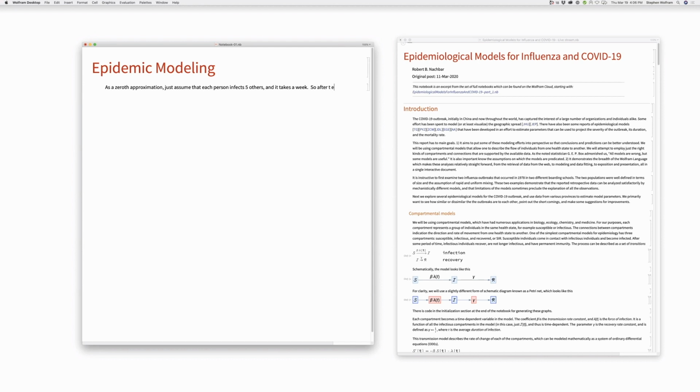So after T weeks, the number of infected people will be, and it's basically just 5 to the power T, right? No, I don't think so. Why not? We would start out with, well, initially nobody's infected. But assume you start off with 1 person. So at time 0, right, one person is infected to start, and